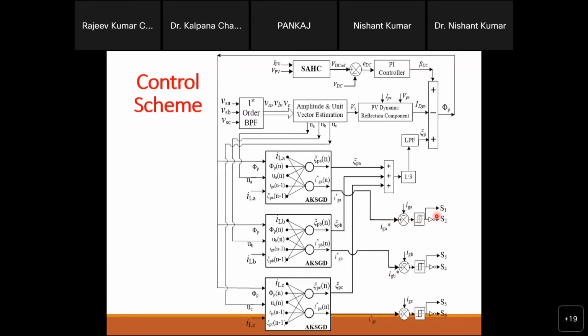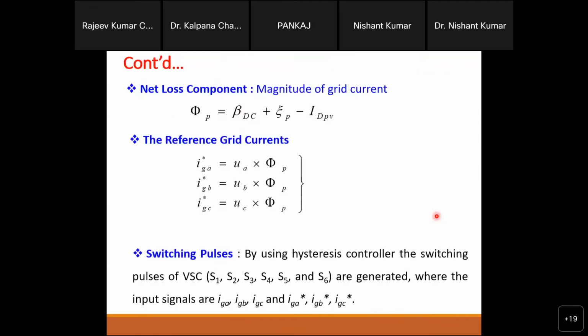But yes, this is for the grid-connected solar PV system side. But just assume at night time, when our PV is not going to work. At that time what will happen? It means that this is zero. If this is zero, what will happen? So the only term is Ploss, and then this Ploss will be used here. But at that time this Ploss will be positive. So it means the power will come from the grid, right? At that time this term will be positive, so power will come from the grid.